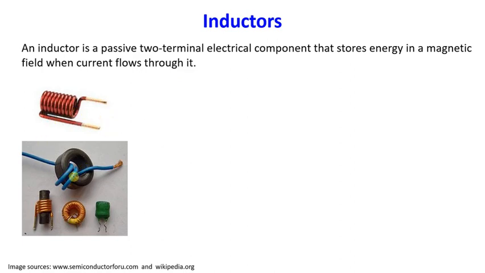So, images of different types of inductors are shown here, as you can see. So, how can you make an inductor? It's quite simple. You take insulated metallic wire and wind it in the form of a spring, and that basically makes an inductor. For this particular inductor, you can see that inside the core, inside this spring, there is only air. So this type of inductor is called an air core inductor.